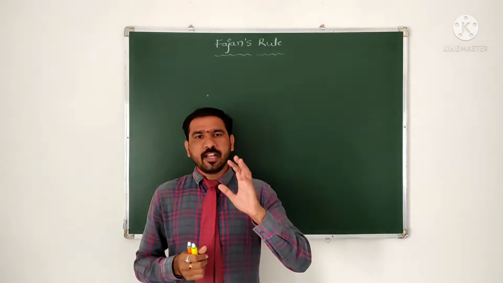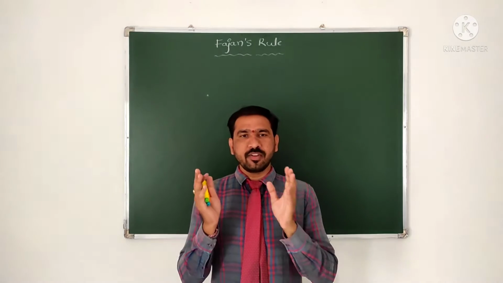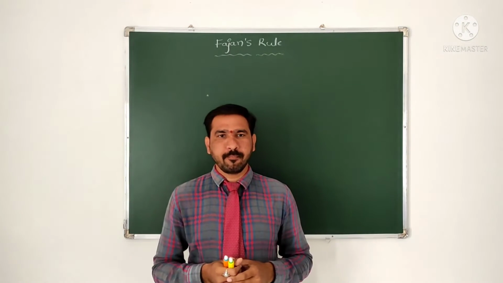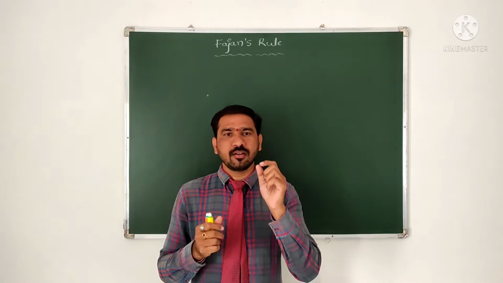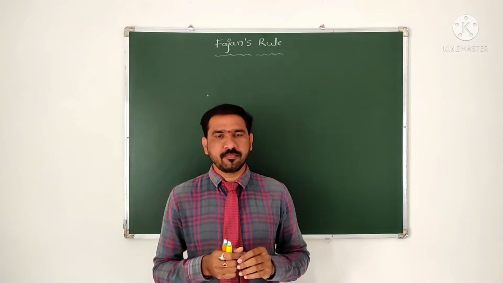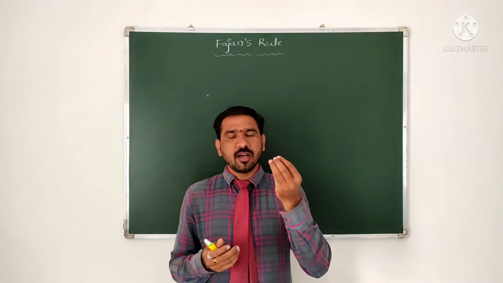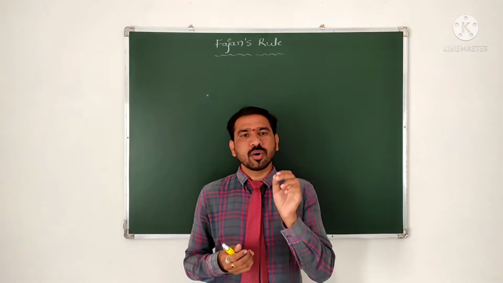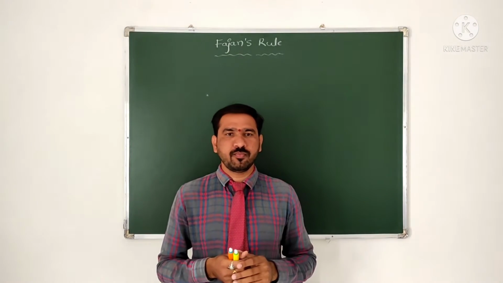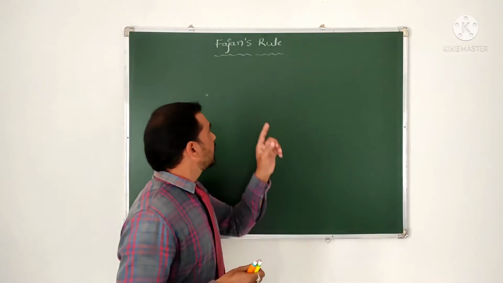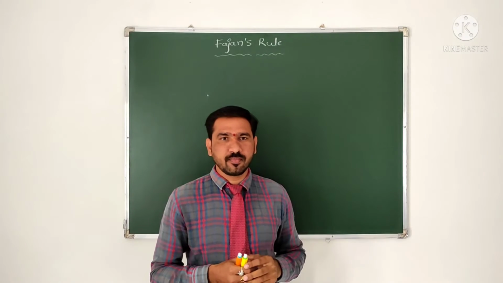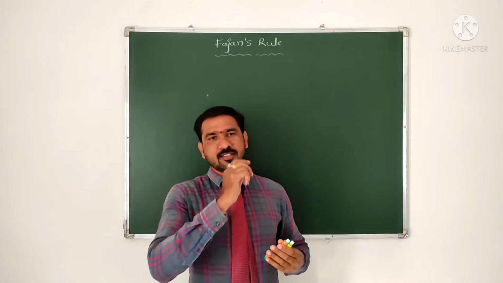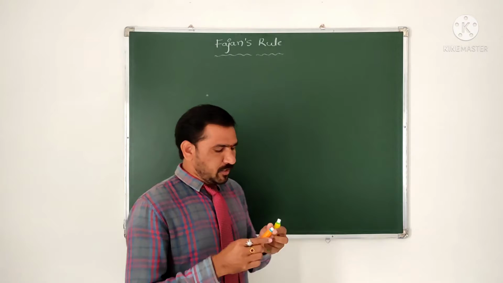So generally, ionic bond is formed between cation and anion, but also remember, not 100%. Sometimes an ionic bond has some covalent character also, and that is explained by Fajan's rule, isn't it? Then let me discuss Fajan's rule first, right?